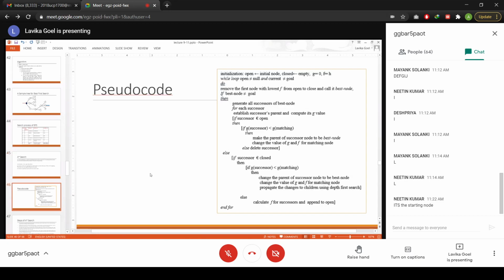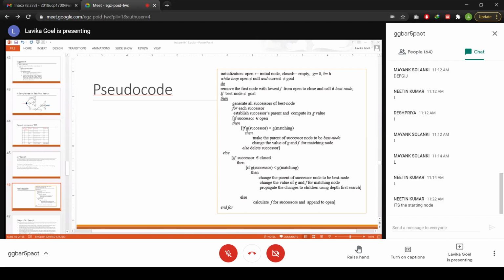Now if you see here, from the open list we will select the best node, and that is the node with the best value of f. In best first search, you were using the heuristic value h for finding the best element in the open list. In this, you are using your f value to find the best element in the open list. Initially your f will be h because g is 0, so f is equal to g plus h, that is nothing but h. Fine.